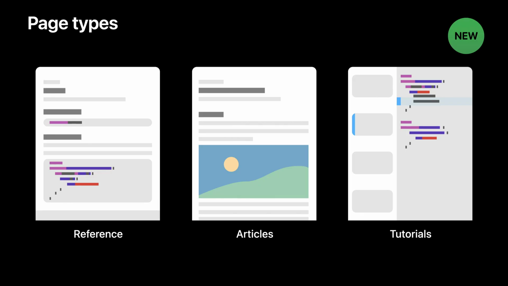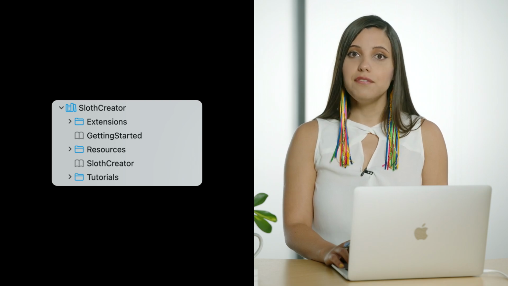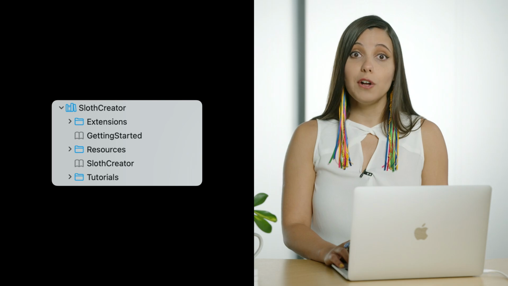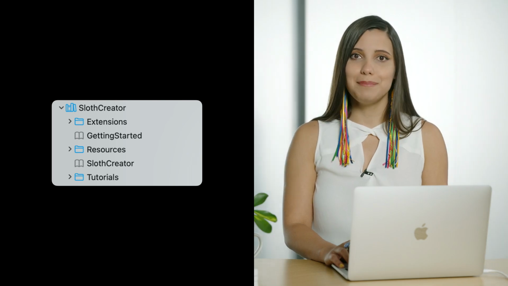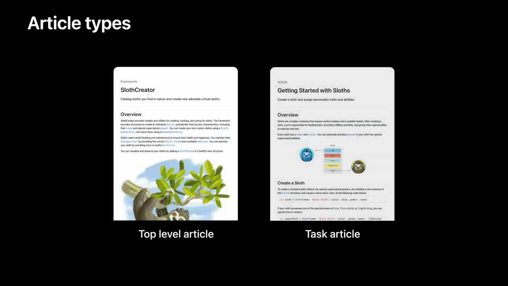To recap, so far I talked about all the different types of documentation you can author and what you can use each one for. I introduced a new Xcode 13 feature called Documentation Catalog, which allows you to put all your documentation files in the same place, as well as author new types of documentation.